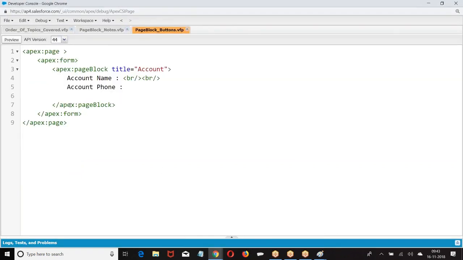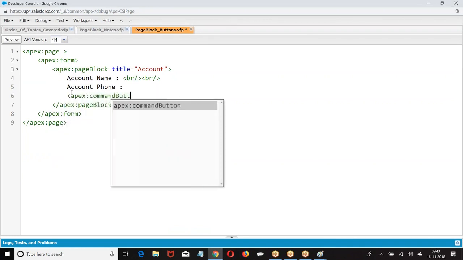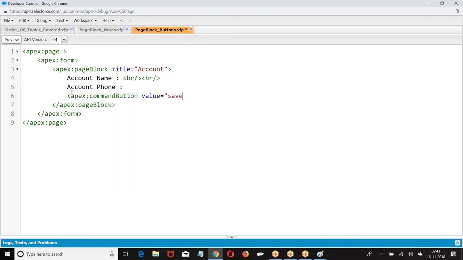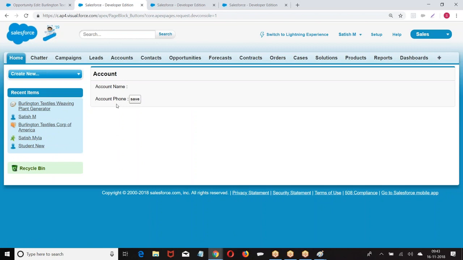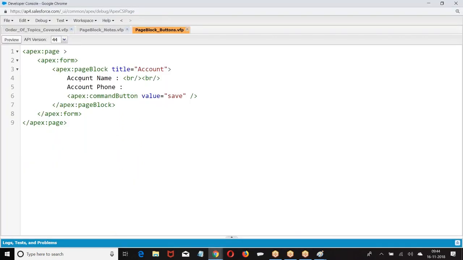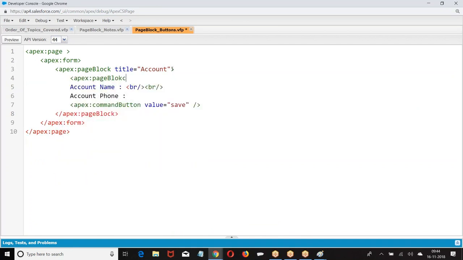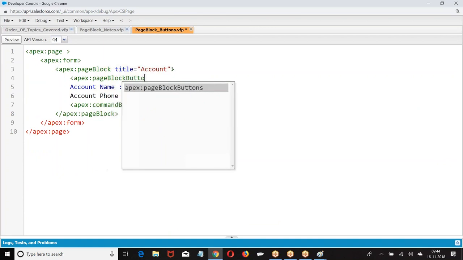Now, in the body, if I write a command button, where is the button displayed? In the body of the block. I don't want it in the body, I want it in the header. Then what do we do? Within the page block, we have page block buttons.